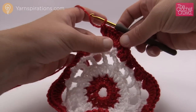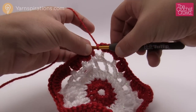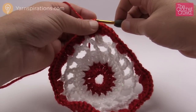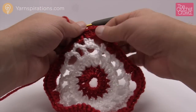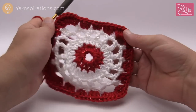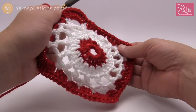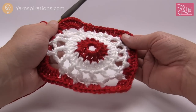Now that I've come all the way back around, I've got my 9 in here, I immediately just stop and insert my hook into the top of the beginning chain 3 and I count that as done for today. So I then just weave in my ends, and this is how you do the Happy Holidays square, and this is a really great idea. I really like the look. Love how it sparkles too. It's gonna be a great accent piece for